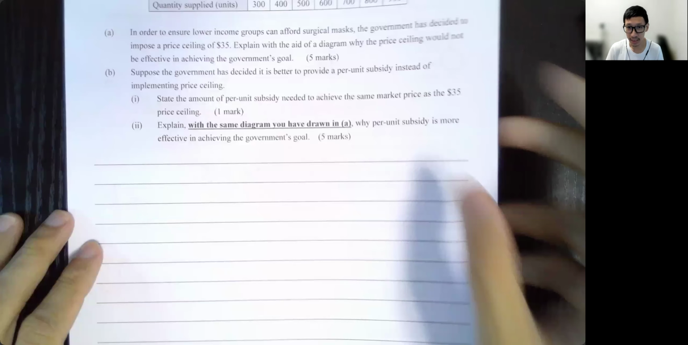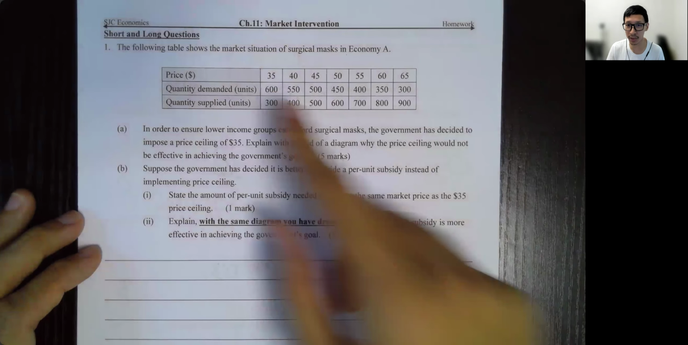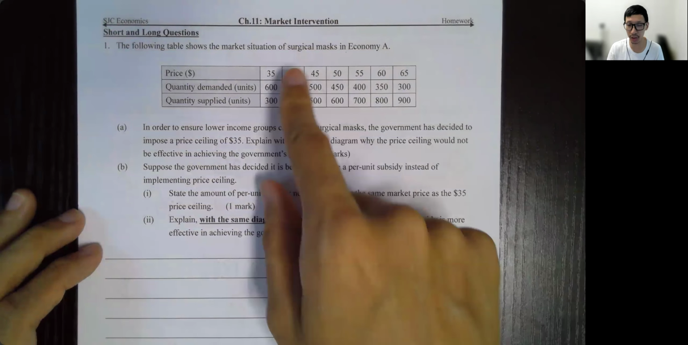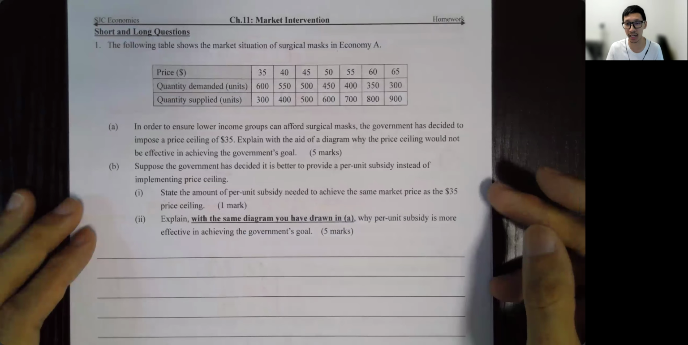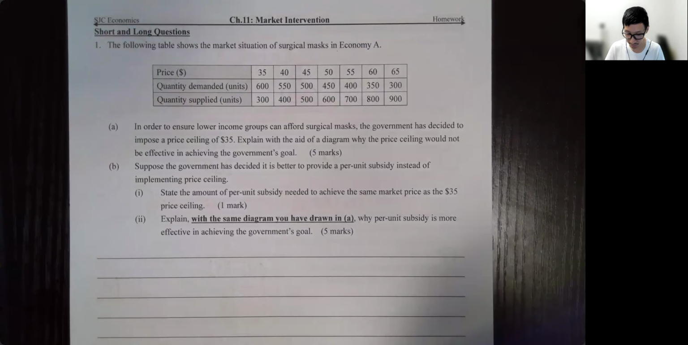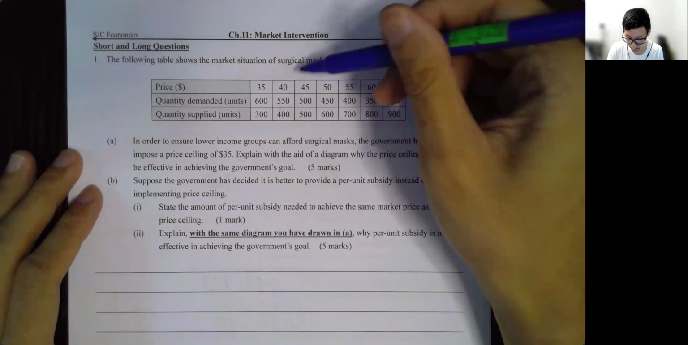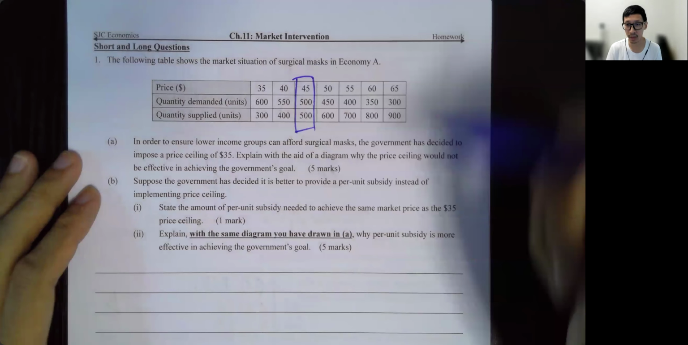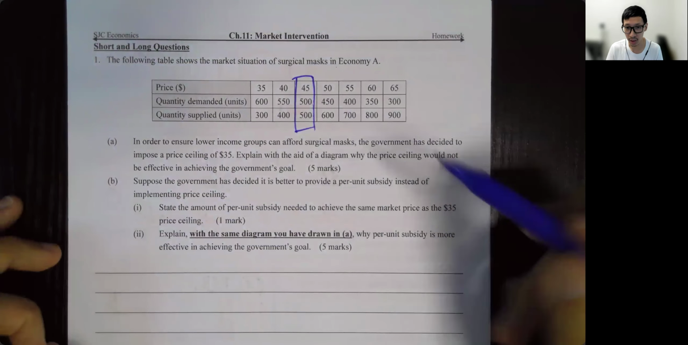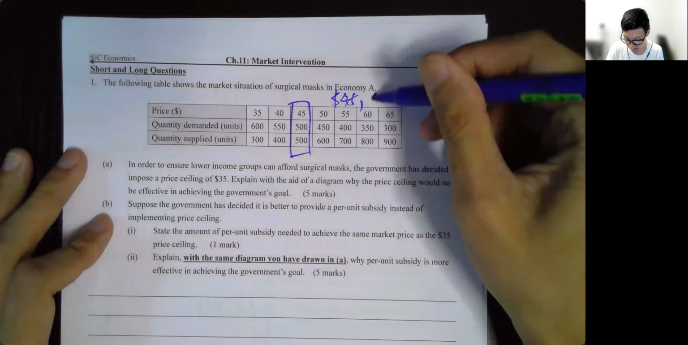Okay? We did go through this in the last lesson, but I'm afraid you might not remember. Now, what about the next page? Let's see. Now, the following table shows the market situation of surgical masks in economy A, which is a long time ago, if you remember, right? Now, let's mark down the original situation, okay? The original situation will be this one. We have $45, 500